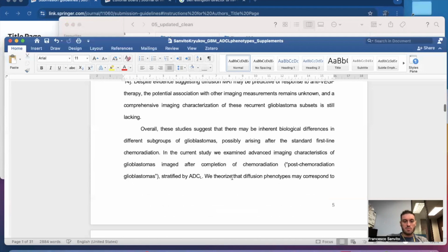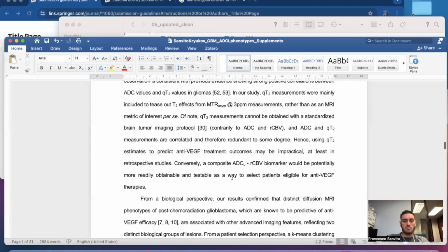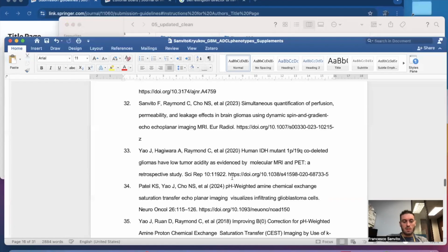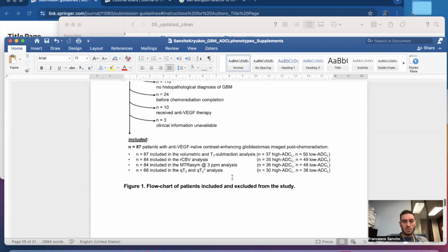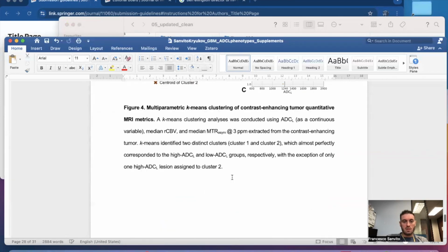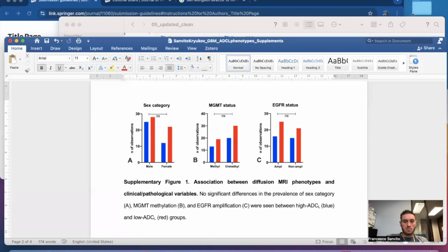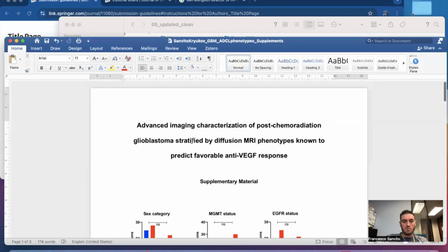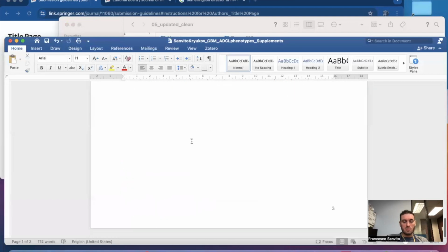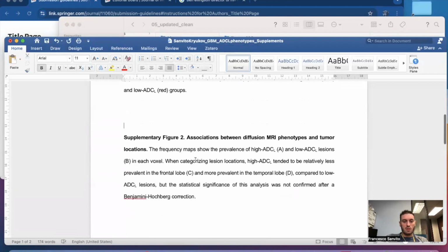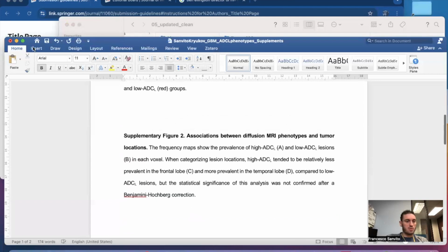Sometimes you have to adjust what you do depending on what the actual online portal that you have to submit to looks like. So probably I should have looked at that before. But hopefully it's fine. So I'm just gonna erase everything until supplementary files. So now we have 1, 2, 3. But these are low quality screenshots that I only included for the draft version. So I'm just gonna replace them with